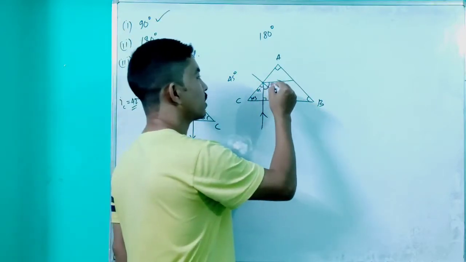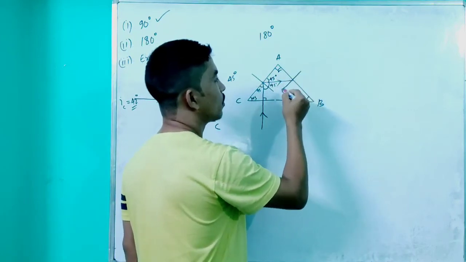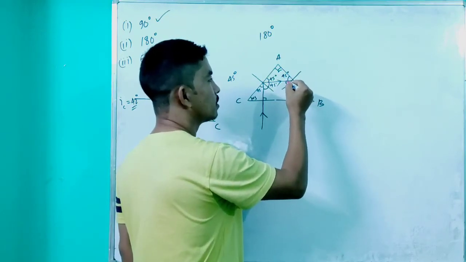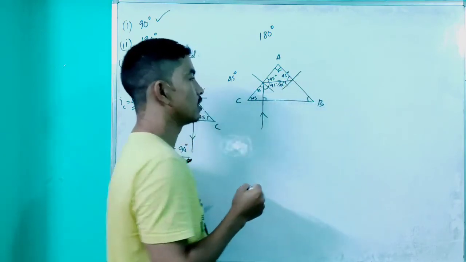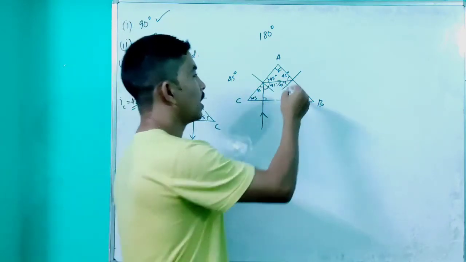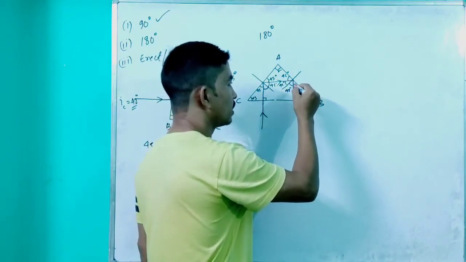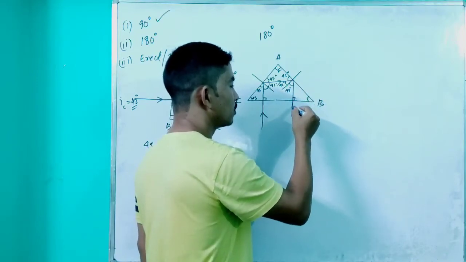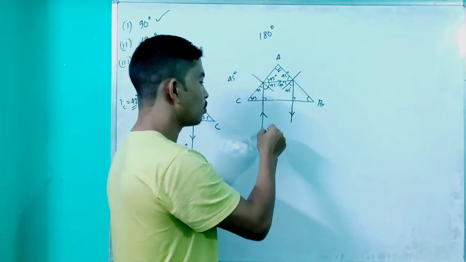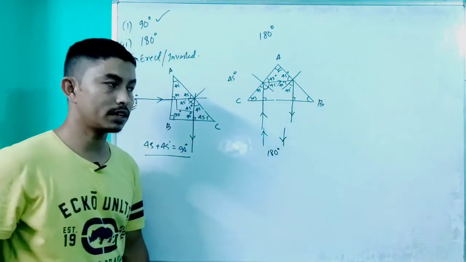Now this angle is 45, means the remaining also is 45, and this is already 90. If I draw one normal here, this angle also becomes 45. The total is 90, so this angle also becomes 45 degrees, which is again greater than the critical angle. So the ray of light will follow the law of reflection and be reflected back with the angle of reflection as 45 degrees, and then passes here normally without any deviation. We see that the ray of light was going upward, now it is coming downward. That means the ray of light is deviated by 180 degrees.